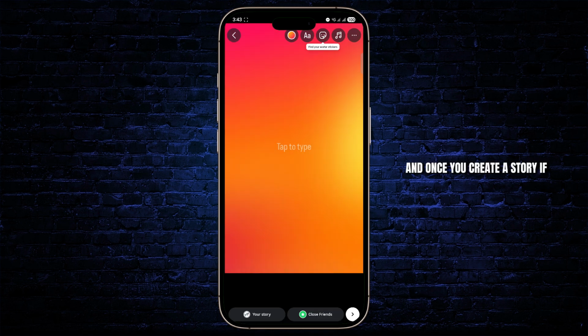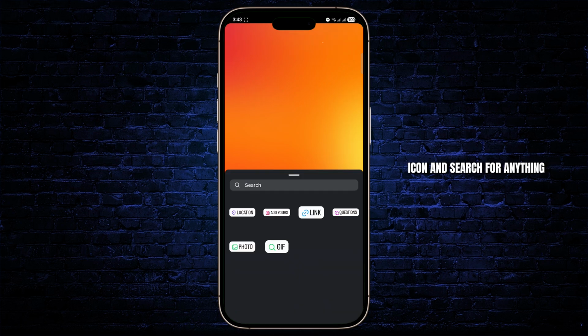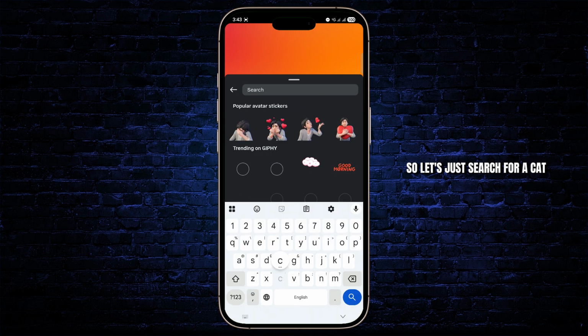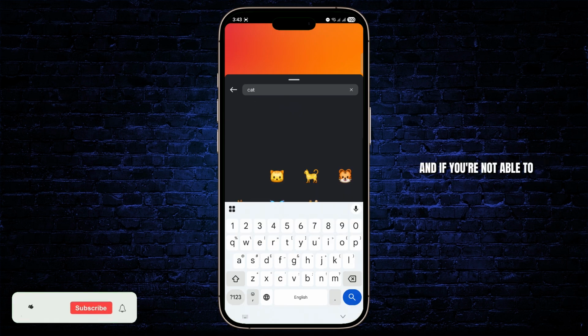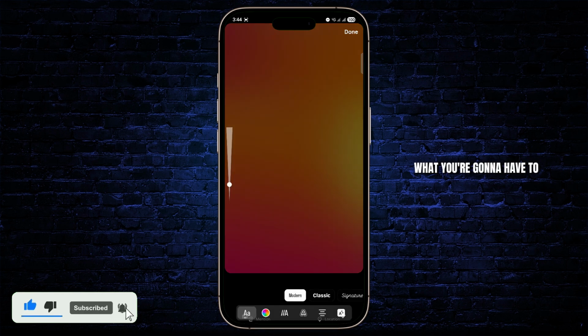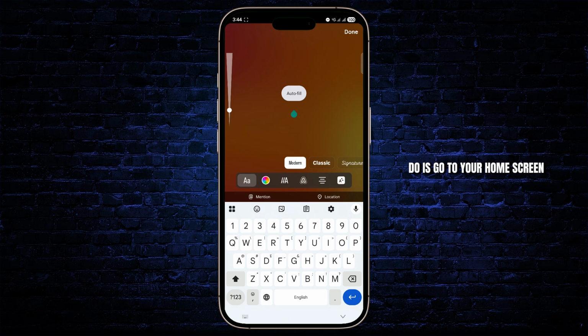And once you create a story, if you want to add stickers or GIFs, you basically tap on the stickers icon and search for anything. So let's just search for a cat. And if you're not able to see GIFs, then in that case, what you're going to have to do is go to your home screen,